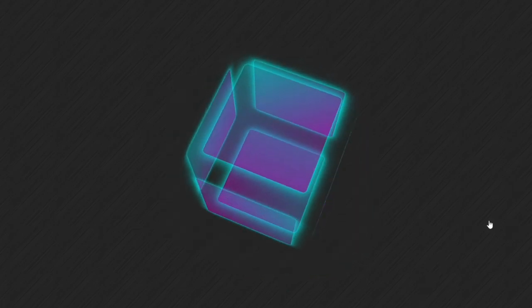In today's tutorial, we'll create an interactive 3D rotating wireframe cube using just HTML and CSS. Let me show you what we'll build today. This animation can also be used as a unique loading indicator by adjusting its size. Excited? Let's dive right in.